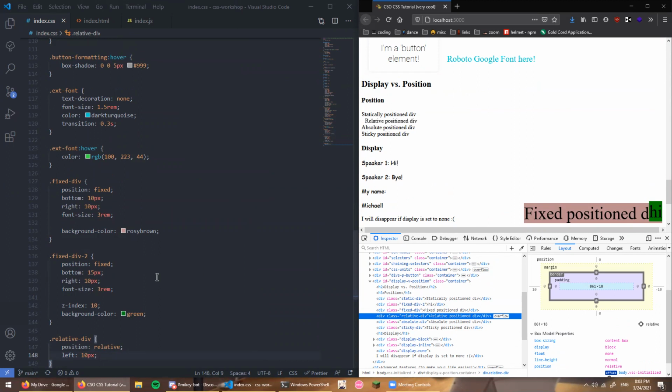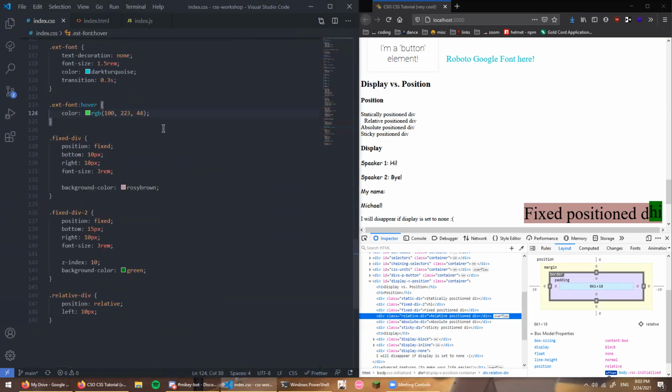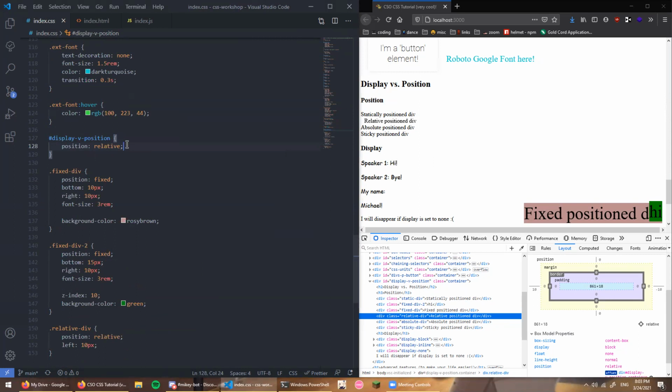Okay, so absolute position. Absolute position will position itself. It'll be fixed position, except it's relative to its closest positioned ancestor. So for this case, I'm actually going to set the position of this box. This will be position relative. So if you do position relative and don't change anything else, notice how it functions the same as static. However, now if I did absolute position,